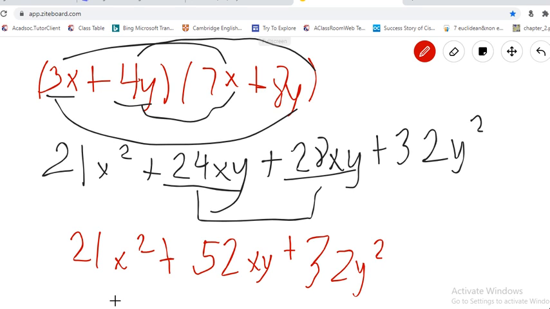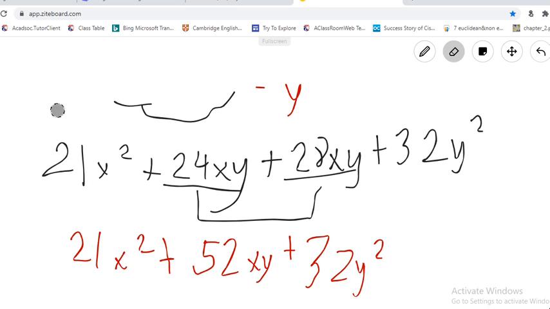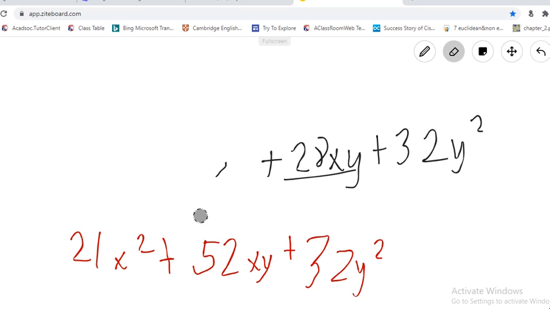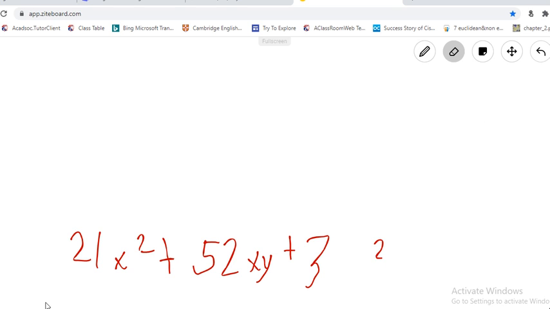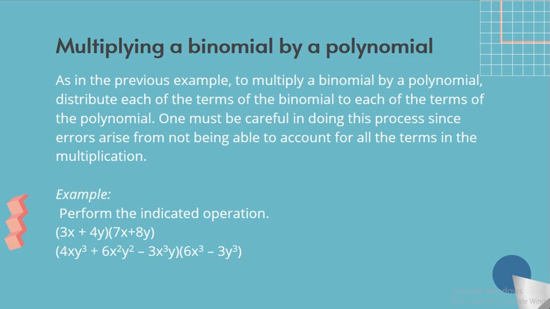Okay, so for you to understand this lesson, while I am answering the example, try to use your pen and paper and write it or solve it also. Okay, and then check if your answer is just the same with mine. Again, let me clear this one. If you have questions regarding this lesson, you can message me on our group chat. Now let's do the second example. Okay, let's go back on the PowerPoint presentation.